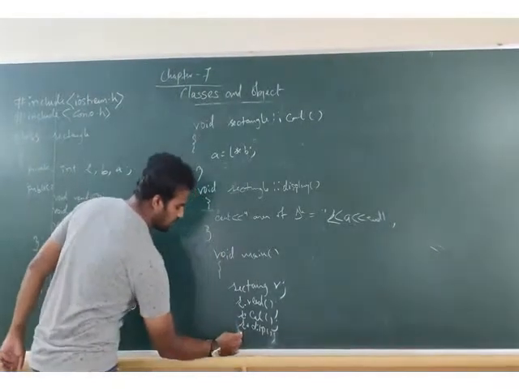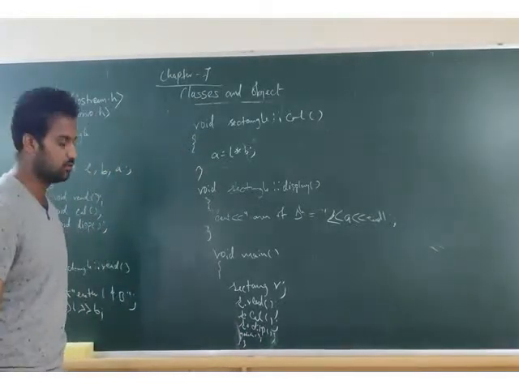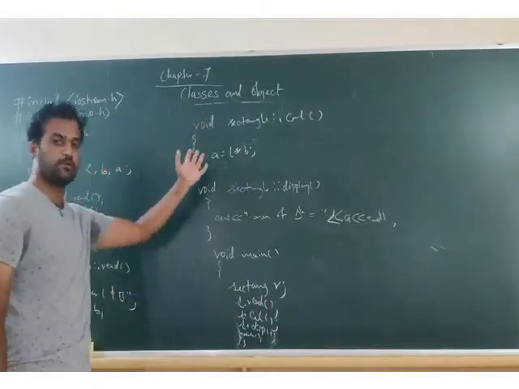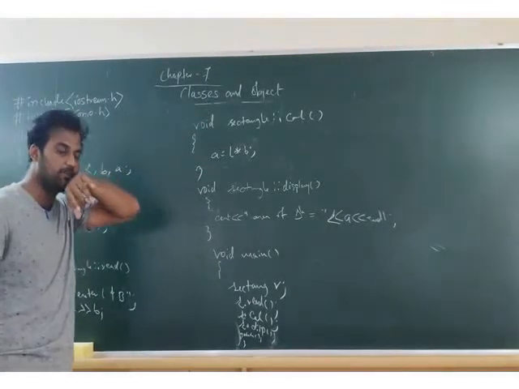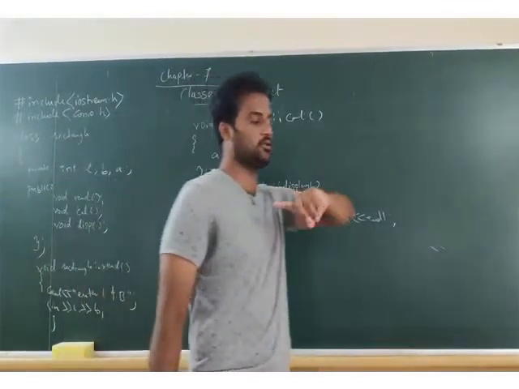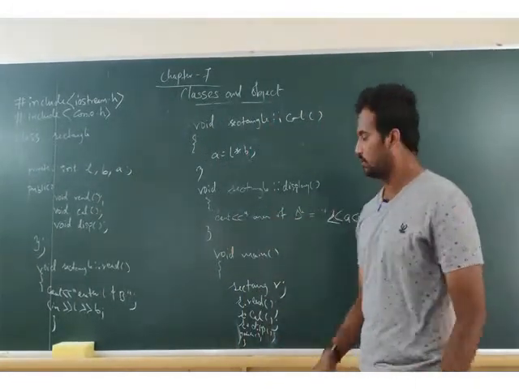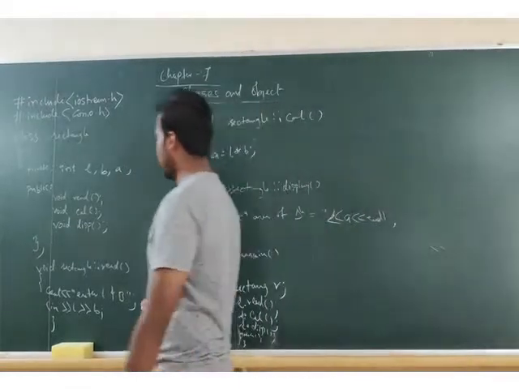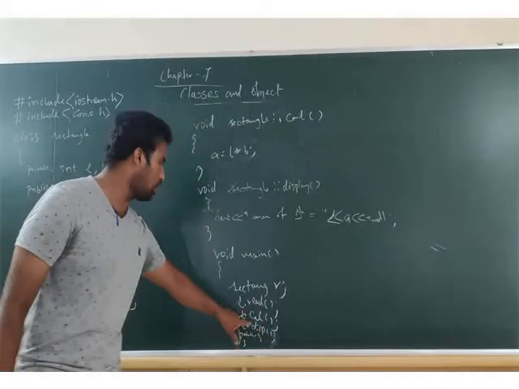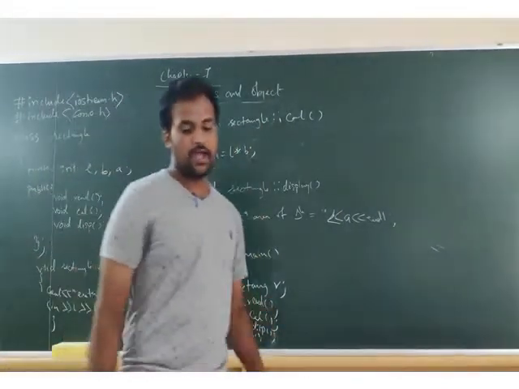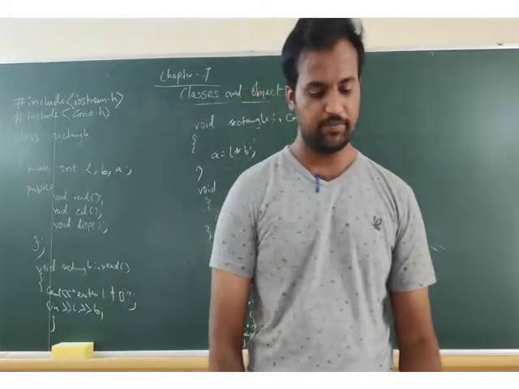At last, you have to write getch, close. This is the bottom up approach. That is the top down approach. Last year the programs you were writing were all top down approach. This year what you are going to write are all bottom up approach. This is how bottom up approach works. So by using the dot operator we are going to access the member functions of a class. Okay.